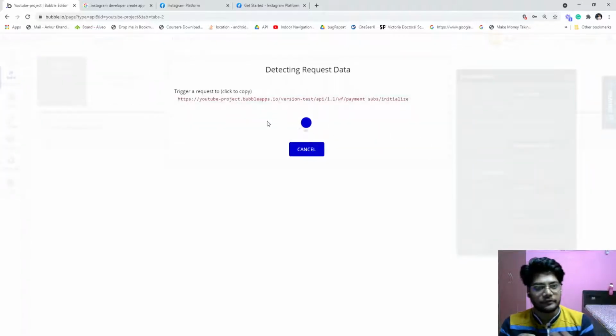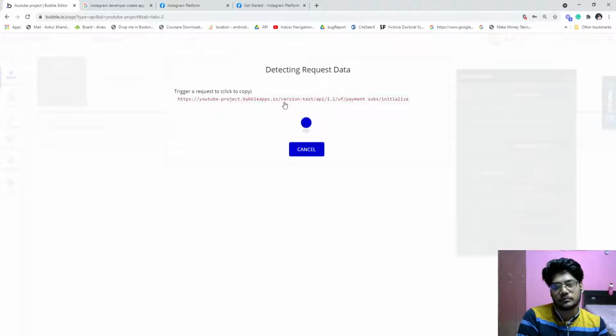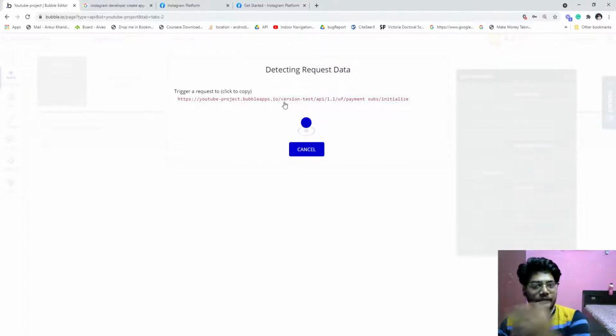At the very first time you have to give this URL to the source webhook. For example, if you are using Stripe, there will be a section where you have to put the URL, and once an event is triggered, Stripe will send data to this URL.